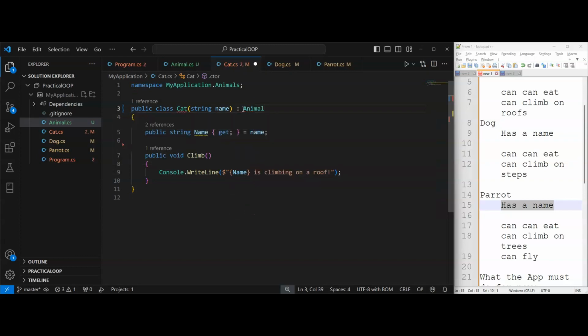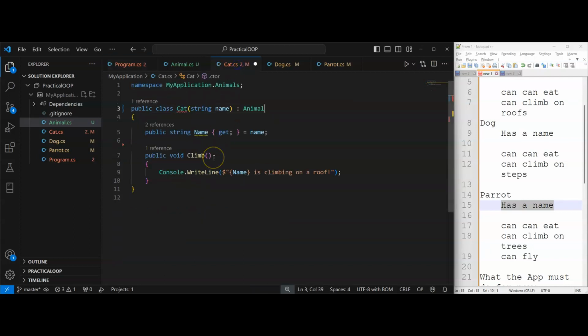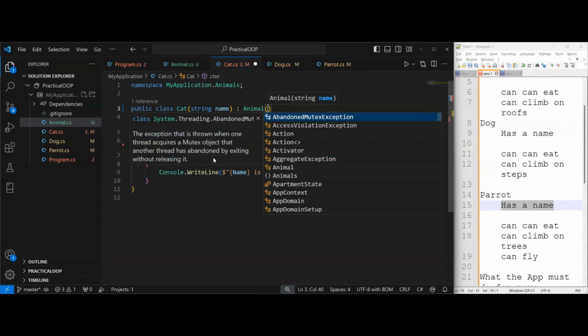Basically, the programmers will be using the constructor of the Cat, not the Animal. So if you want to reuse the constructor as well, or in other words, if you want the Cat to call the Animal constructor, I can do so by saying